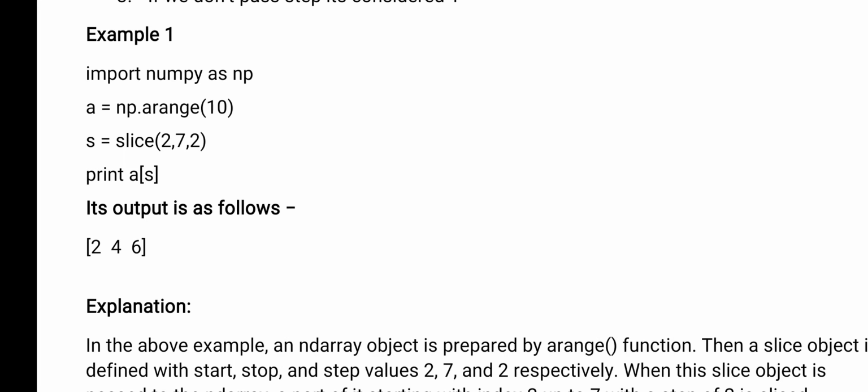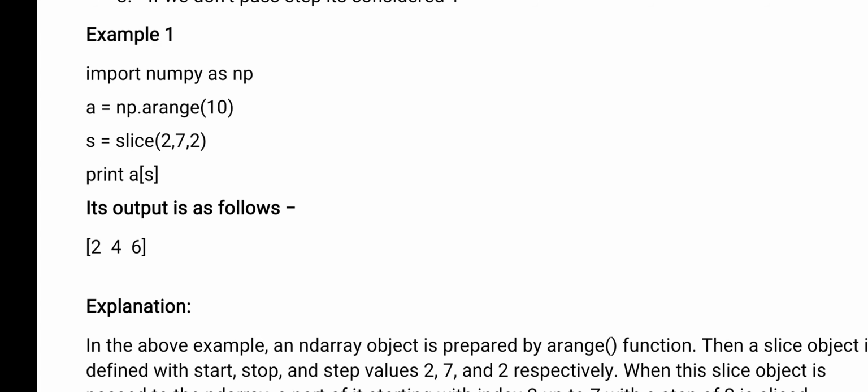Example: import numpy as np. I am importing the numpy package and giving an alias, np. Now here you see, I am creating one array. What is the name of the array? a equals numpy arange. Numpy arange is a range function I have given. So an array is created with the range function, means an array is created with 10 elements. Range means how many elements you want. Total, how many elements am I giving here? 10 elements.